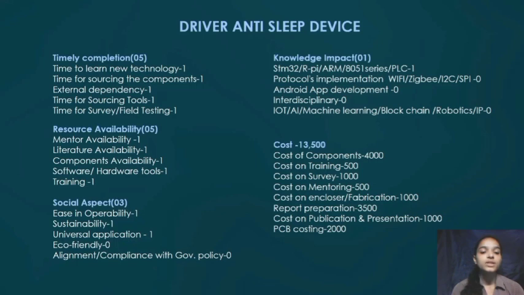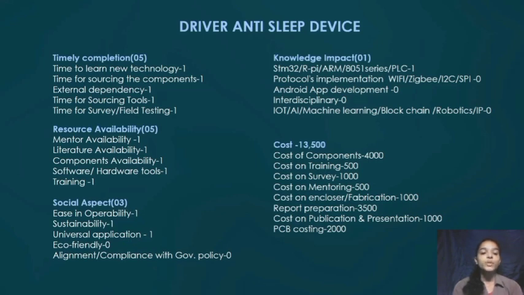Third one is components availability. If the components are available in local areas nearby us, we have to give it score 1, and if it is not, we have to give it 0. Software hardware tools. If the tools are available, we have to give it score 1, otherwise 0. Training. If we do not require any training, we have to give it score 1. And if we require the training, and if it is available, also we have to give it score 1, otherwise 0. Third one is social aspect, and these are the